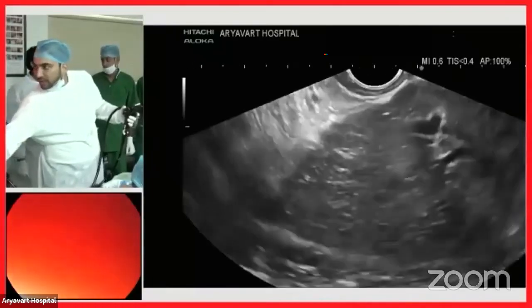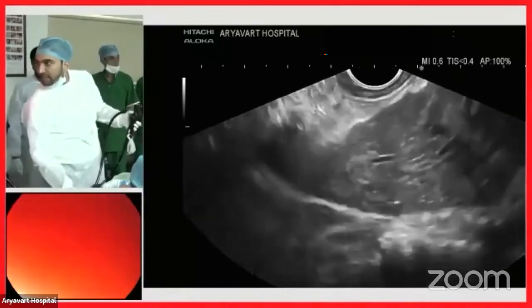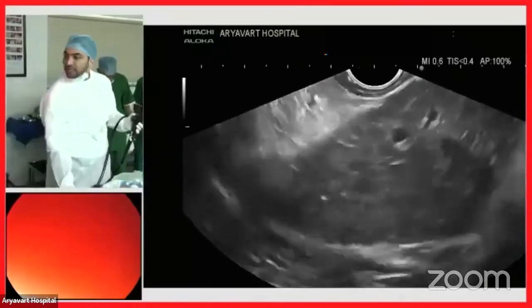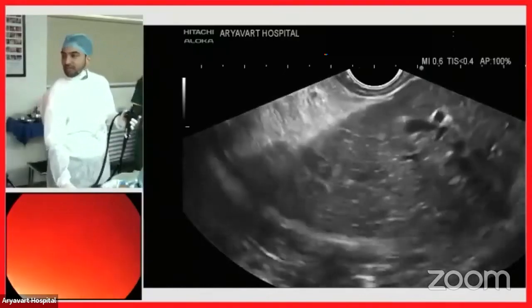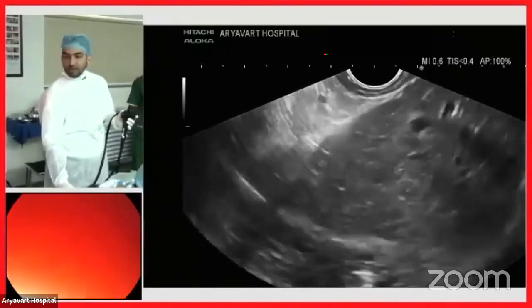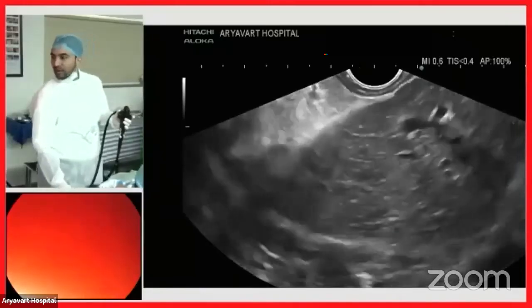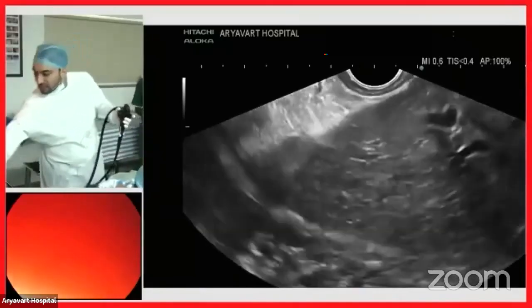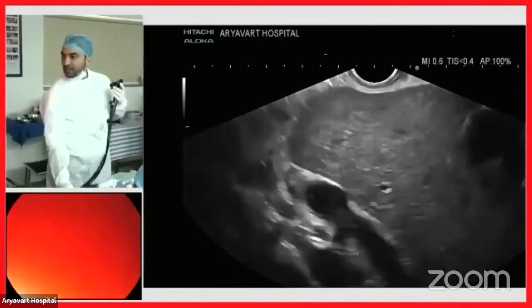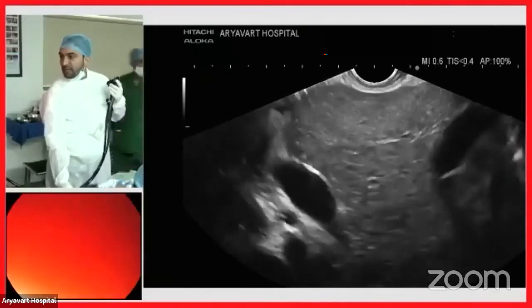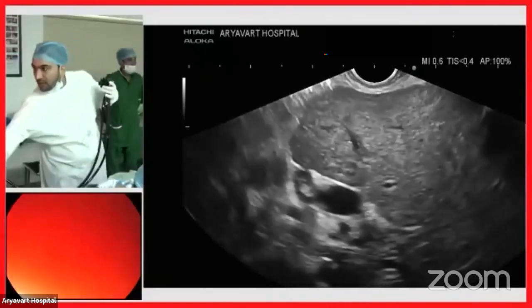I'll just zoom it a little bit. And we can see that the outline is irregular. So this is definitely a cirrhotic liver. Now, in the previous ultrasound, it was mentioned a heteroechoic echotexture. However, the outline was not clear on the ultrasound. Now we know for sure that she has cirrhosis. So we'll try to see what else we can eke out here from this EUS before we go on to